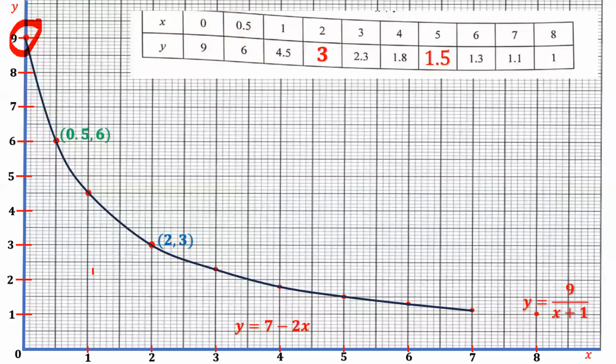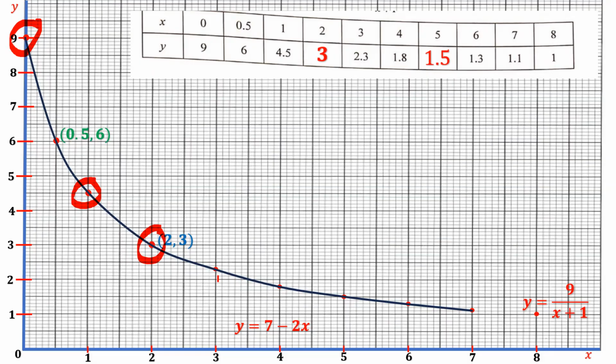Next up, we have 1 and 4.5. 4.5 is right here. Then we have 2 and 3. 2, 3 is going to be right here. Then we have, what else? We have 3 and